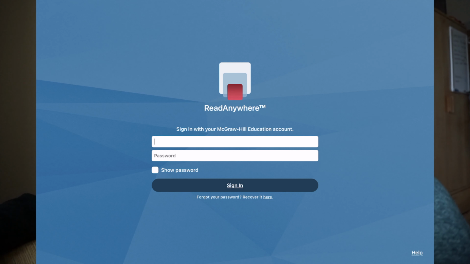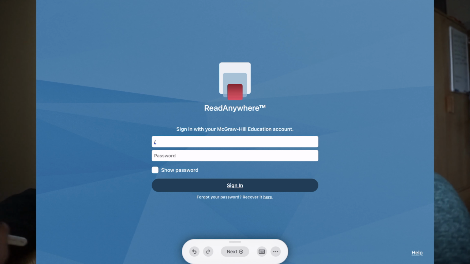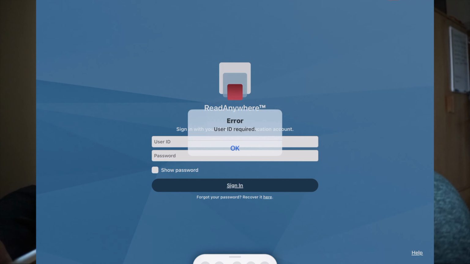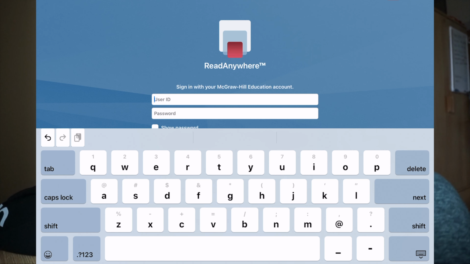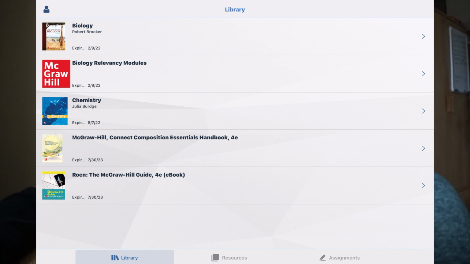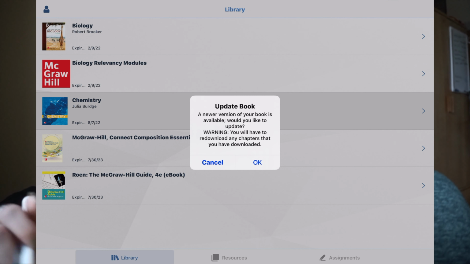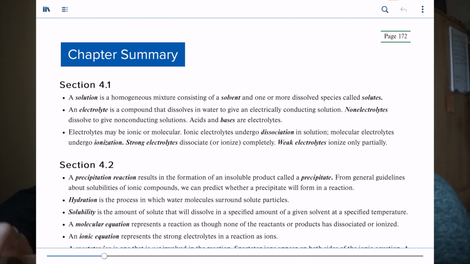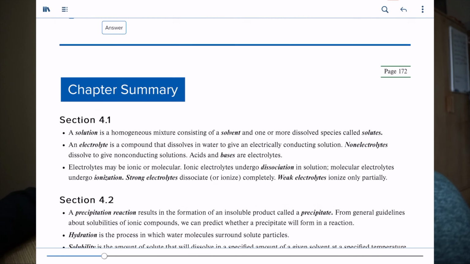And the last app that I use for school is called Read Anywhere. Two of my textbooks are on here, and of course it's not going to be logged in. That was interesting. Okay. So this is where my textbooks are for my biology and my chemistry class. So I have it on here